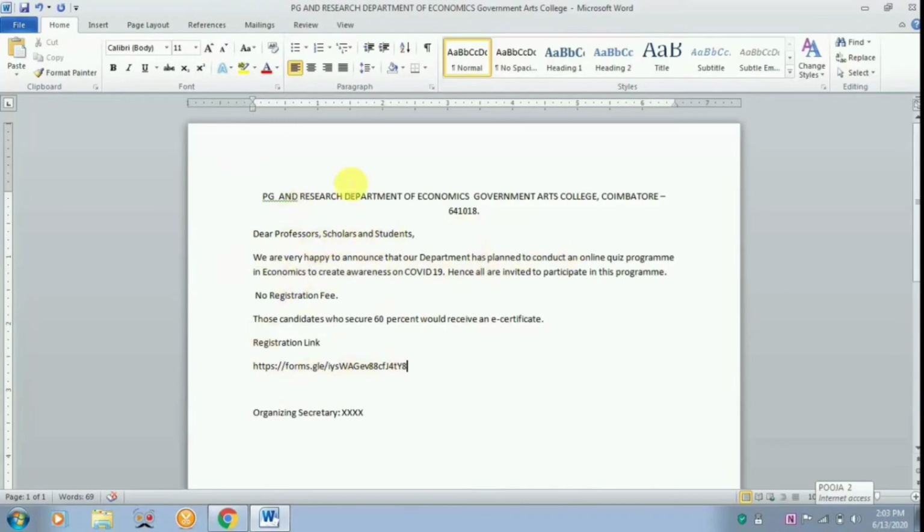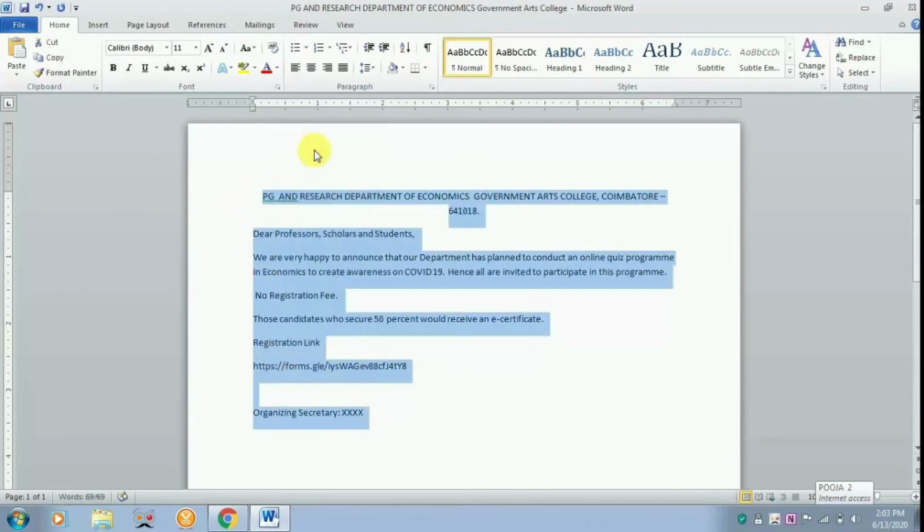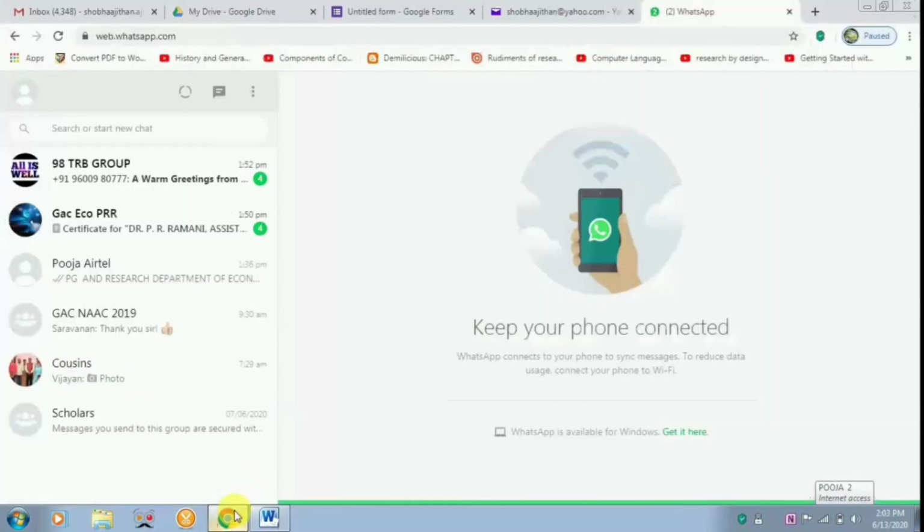This entire format is available everywhere. So in my certificate I have put 50. So I am putting here also 50% will receive an e-certificate. This is the registration link. So copy this format. That is, you have to copy the link from your Google form.